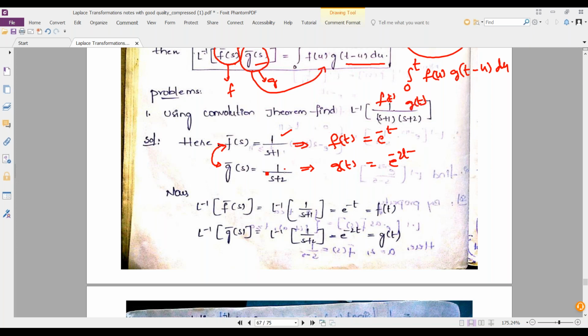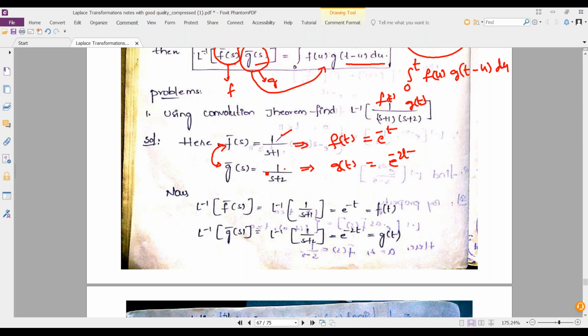If you want to switch in between, no problem, but some people may accept it, some people may not accept that. So there you may lose, because the product follows the abelian property. So either you take f as that or that, there is no problem, but some evaluators may not identify or catch the point. In that case you may lose. So that's the reason I won't suggest you to switch in between.